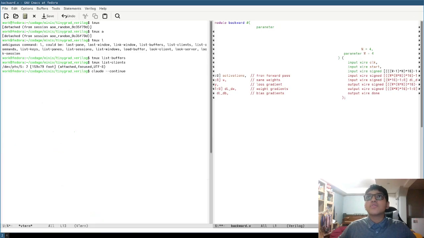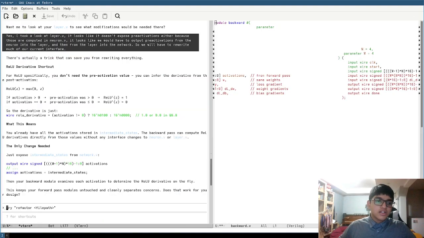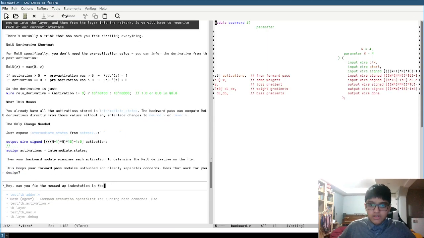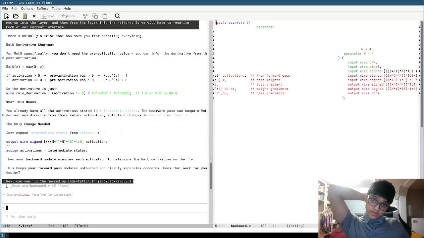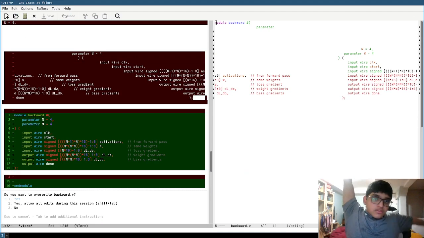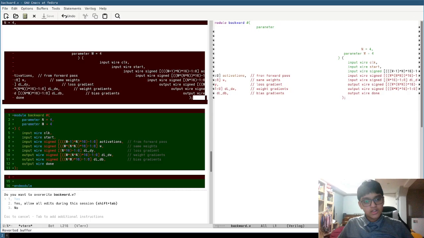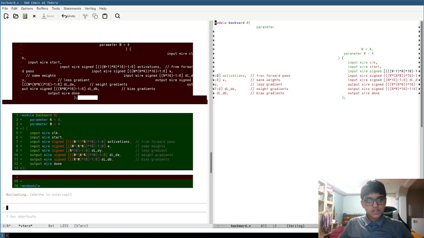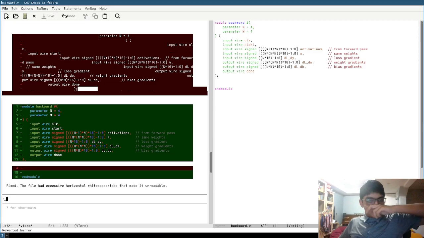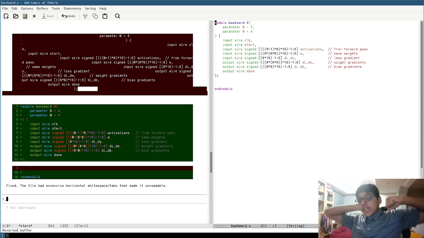Maybe I can just ask Claude to fix whatever this is. Hey, can you fix the messed up indentation in backward.v? Now, yes. Amazing. Okay, so